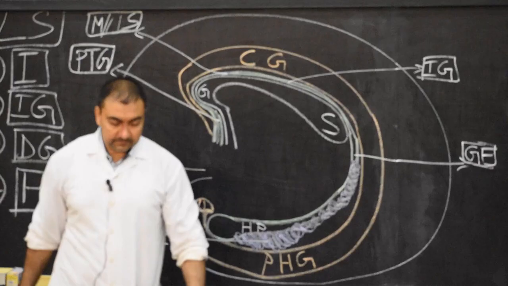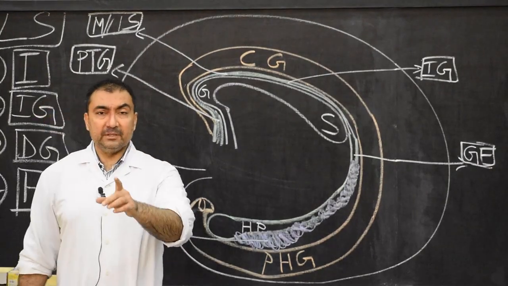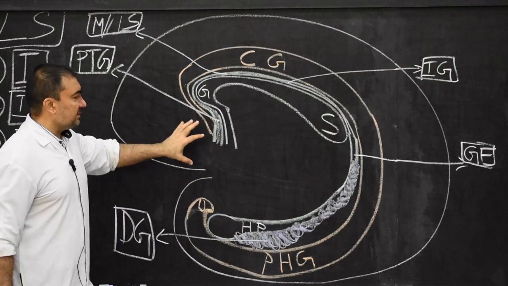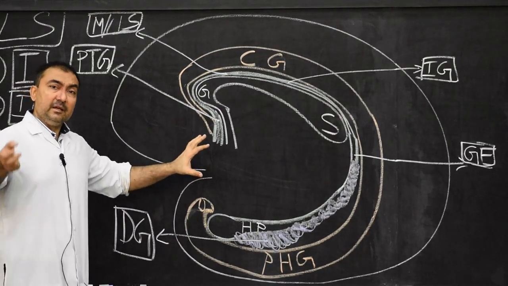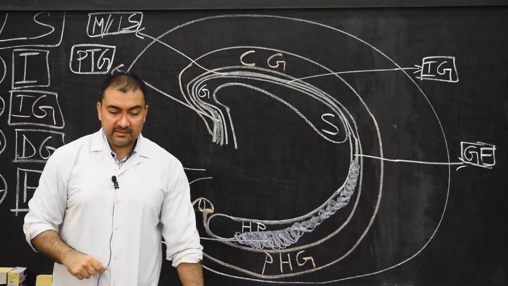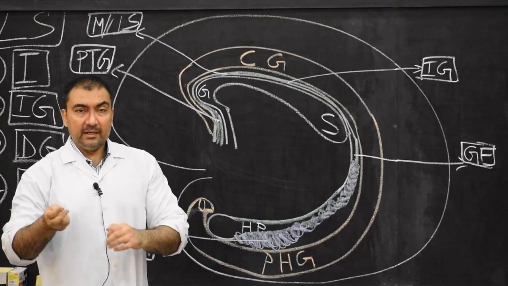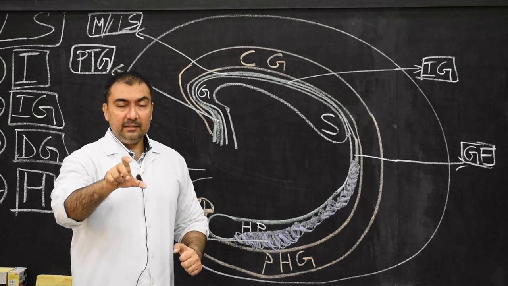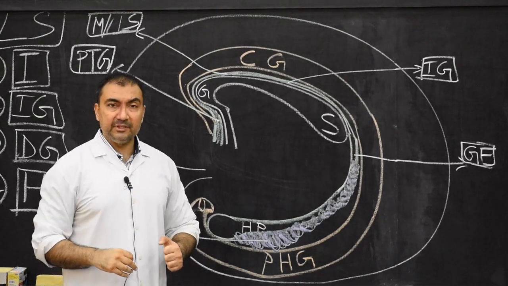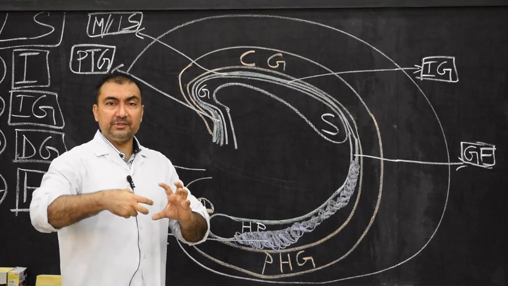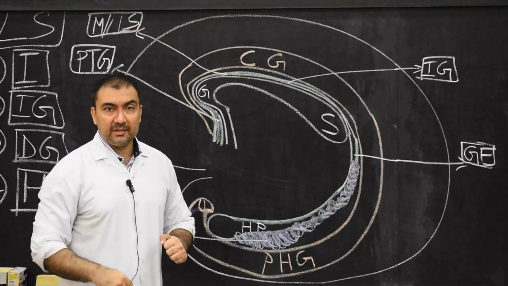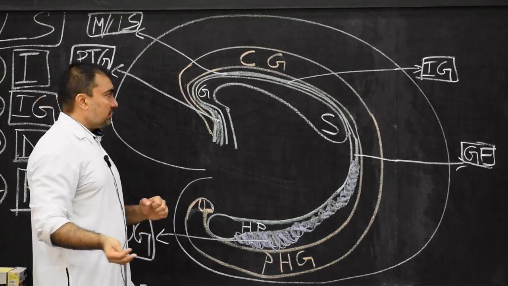Now, initially, we have seen during development that this hippocampus will develop on the medial surface of the cerebral hemisphere. It is archipallium. It consists of archipallium. And in this archipallial cortex, there will be initially development of hippocampus on the medial surface of cerebral hemisphere. Gradually, this hippocampus will develop. But as it develops from anterior to posterior, there will be growth of corpus callosum.